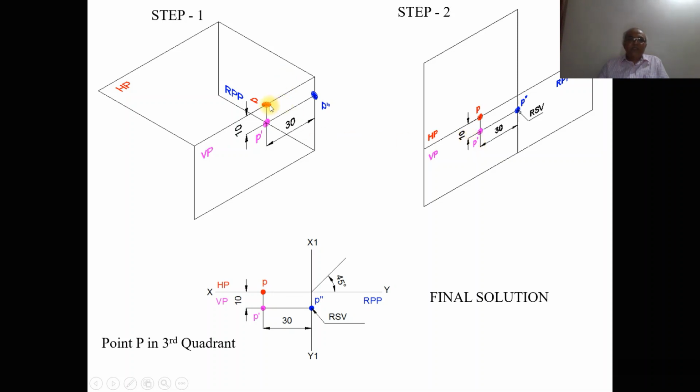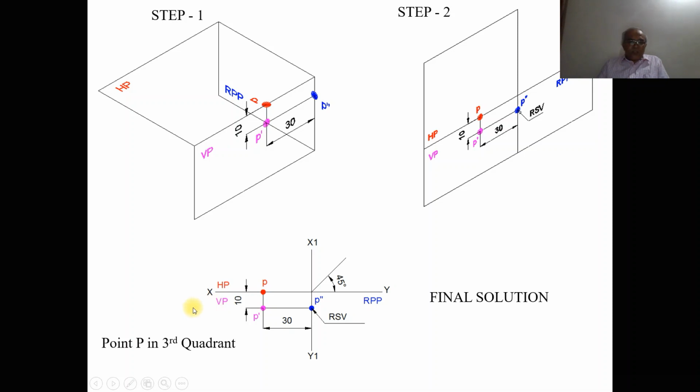When you look from the top view, we can see the distance 30 mm. So that distance is here, and we get 30 mm here. Since it is on VP, that point will be on HP. So we get small p here. As we see from the profile view, we can see the distances of both front and top. When you project this here, it comes to this point, and from here it comes down where you have the front view. On that line, you get this point. It will be P double dash, where you can see below HP is this distance and it is on VP. So obviously this point will come here. As it is behind VP, it will go some distance, then come here, so this distance is above the XY line.